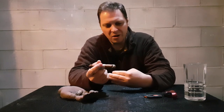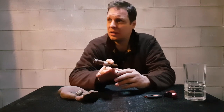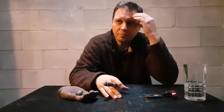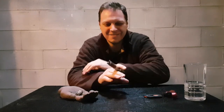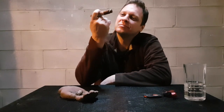I'm not one for infused cigars and stuff like that. I'll admit I've shied away a little bit from those types of cigars. I've tried them. Some of them, believe it or not, as weird as it sounds, give me a headache. But who knows? Maybe it's just me. They just never really entice me to want to try them. I'd rather sip on the brandy or the whiskey personally than have it infused in my cigar. But on that note,